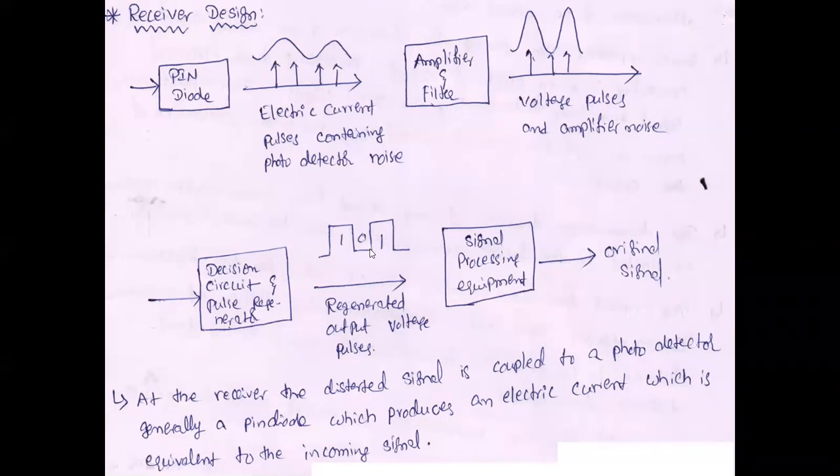Now we have to draw the equivalent circuit for this block diagram. You know the concept of equivalent circuit drawing in electronic circuits, right? Suppose I take a CE amplifier, CB amplifier, or CC amplifier, whatever it may be, we have to draw the equivalent circuit. When drawing an equivalent circuit, we have to take care of the input impedance and output impedance. I think you know how to draw the equivalent circuit. Now, based upon that, I am drawing the receiver design equivalent circuit.